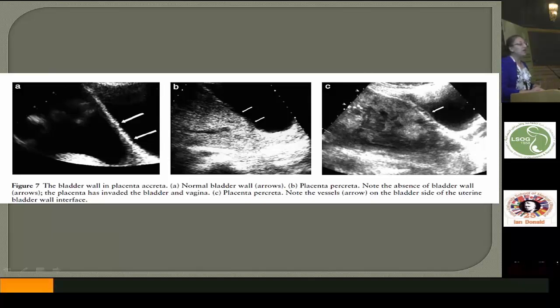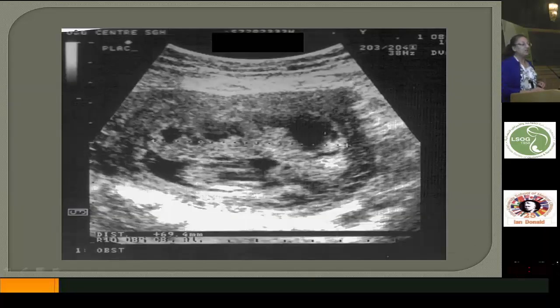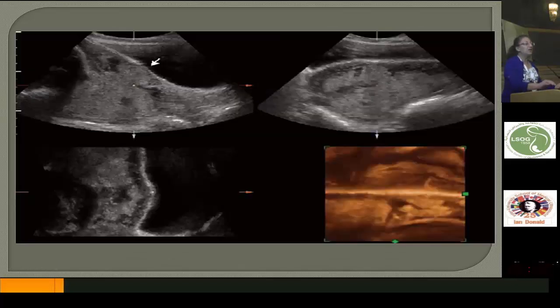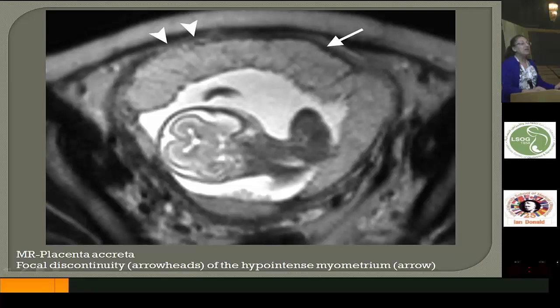This is the echogenic bladder line. This is what is disrupted, and then we have some intrusion into the bladder. This is a 13-week pregnancy with loss of the bladder line, absence of retroplacental translucent space, loss of the bladder line. This is a 3D picture that helps in telling us that actually the echogenic line is intact. This is an MRI that shows you the disruption in the